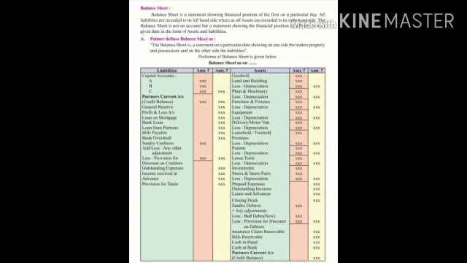Then land and building, plant and machinery, furniture and fixtures, equipment, motor van, delivery van, leasehold property, freehold property, premises, patents, loose tools. These all are called fixed assets. And students, on fixed assets we have to calculate depreciation, so we have to deduct depreciation from fixed assets. After that we have investments, then investment in shares and debentures.